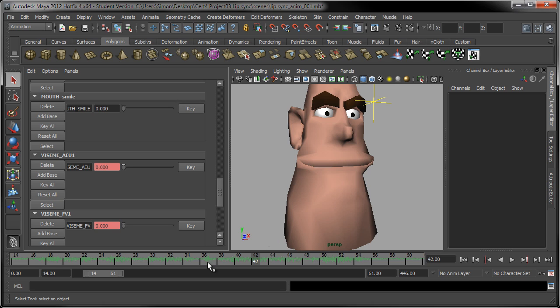So one of the things you'll find is the faster a character talks, the more difficult it is to get all the visemes in. Now, in that situation, you want to try and get maybe the beginning of the word and maybe the middle of the word in. You don't always have to get the last viseme in if the characters are talking a lot. Because what you'll find is that the middle viseme, as it changes shape through the last sound in the word, and it translates into the first sound of the next word,